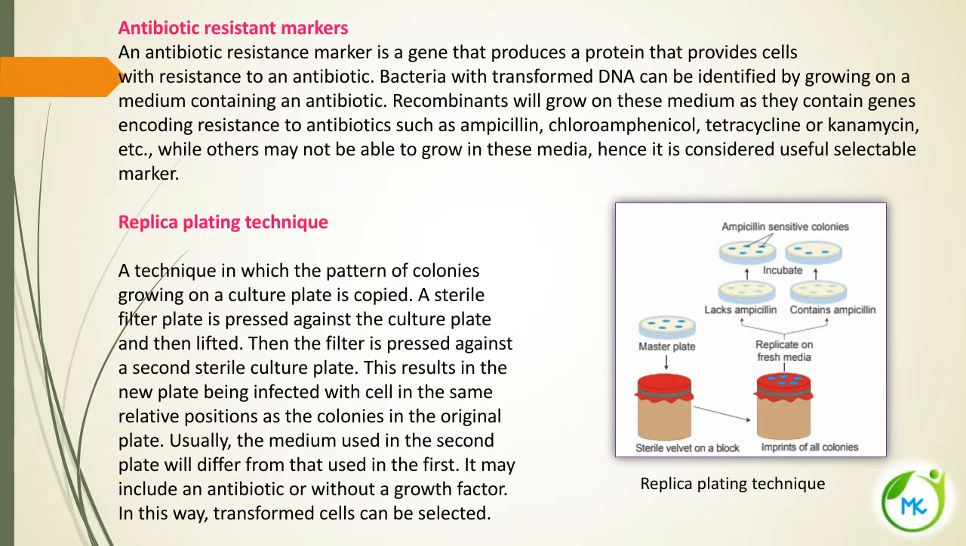The next screening method is the antibiotic resistance marker. An antibiotic resistance marker is a gene that produces a protein that provides cells with resistance to antibiotics. So bacteria with transformed DNA can be identified when we grow them on a medium containing an antibiotic. So in the recombinant DNA, if this antibiotic resistance marker gene is present, that is the vector